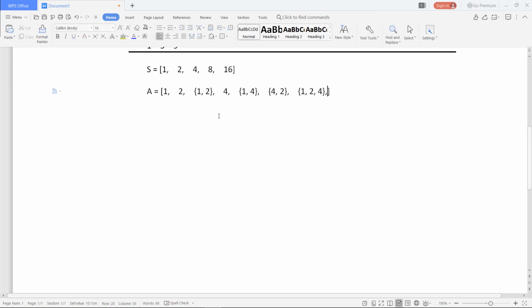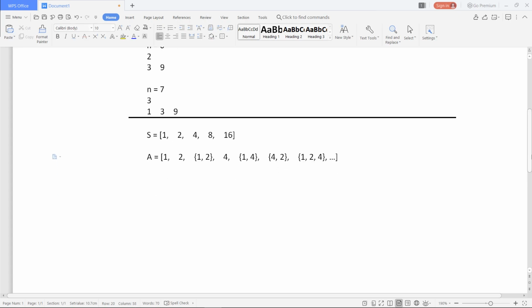So you can see how all the natural numbers are formed: 1, 2, 3, 4, 5, 6 and 7, and you can continue further. You can see these subsets are increasing in their sum. This is 1, this is 2, and this is {1, 2} whose sum is 3, which is less than 4.